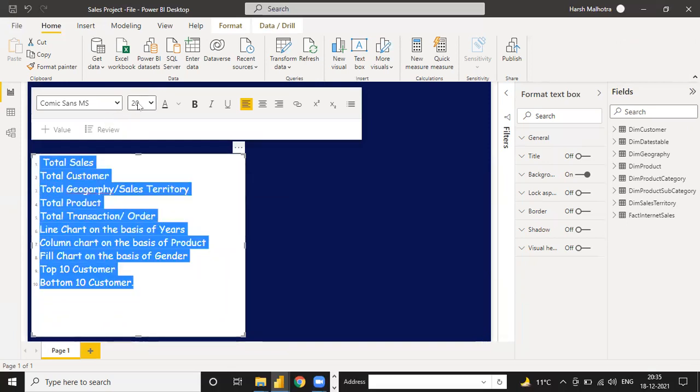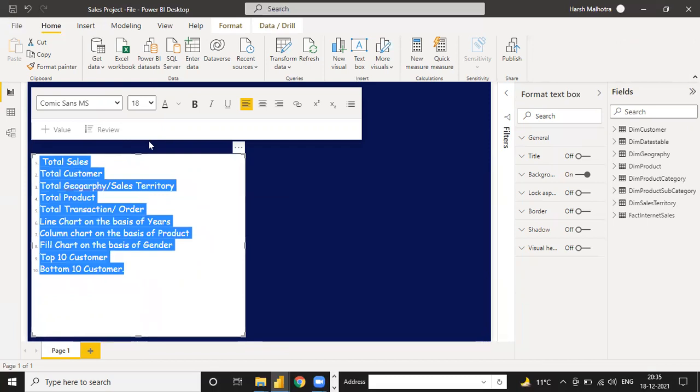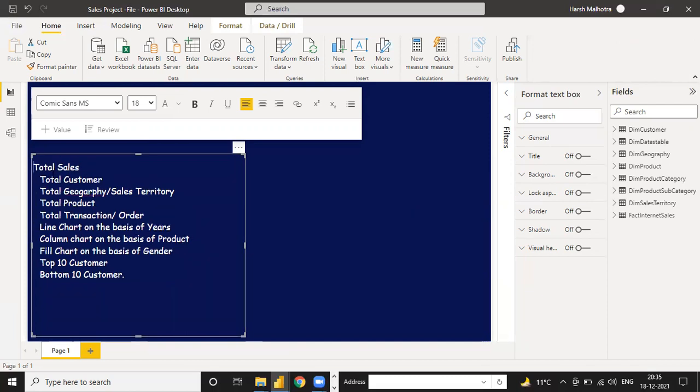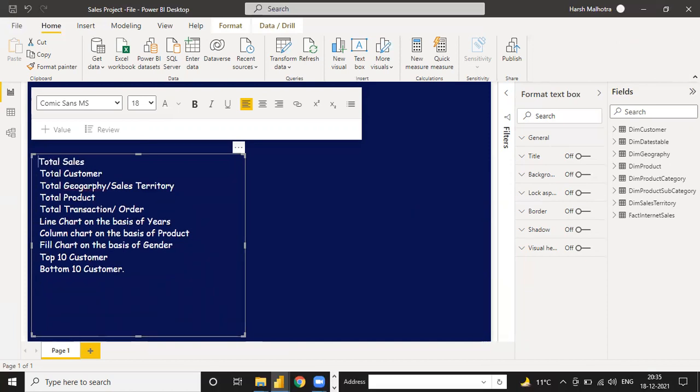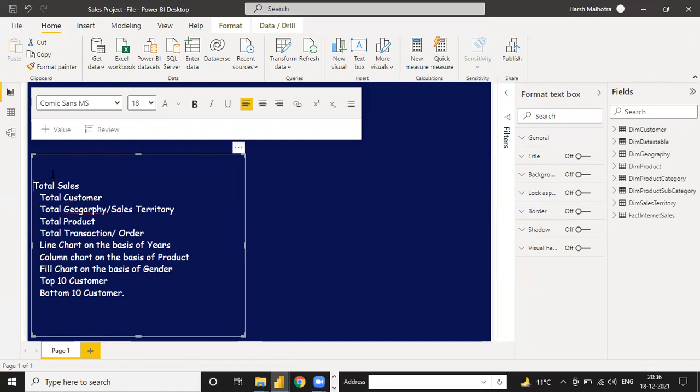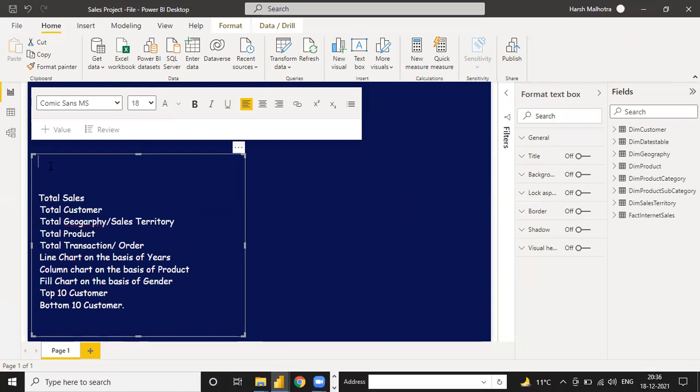So just change it and I'm just writing here: basic key measure.